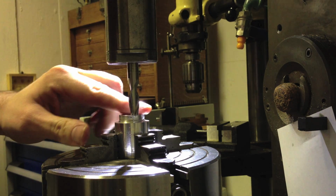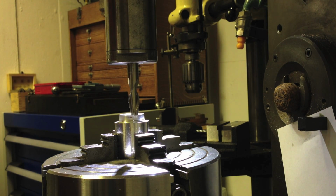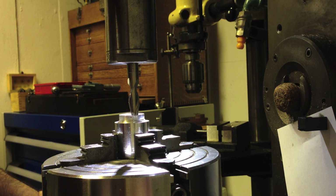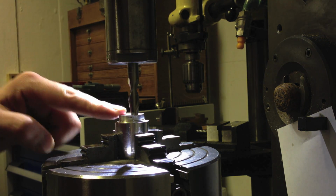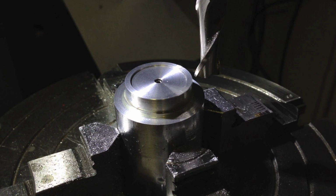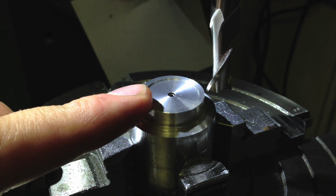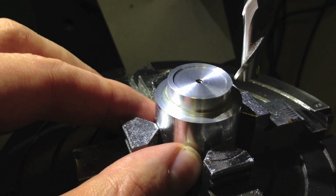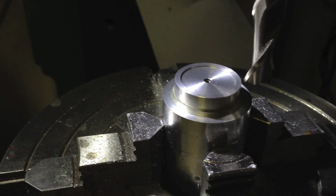I'll describe how I've managed to secure this workpiece in a minute, and I kind of hope it's going to hold. You know what I've realised? It probably won't hold. The reason it won't hold is because it's screwed on. So there's a central hole. Let's bring the camera around again. I'm kind of thinking out loud here. Just the exposure. There's a central screwed hole, tapped 6BA, and the little mandrel, the stub held in the chuck,